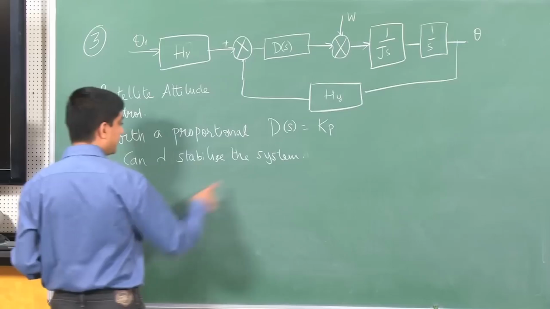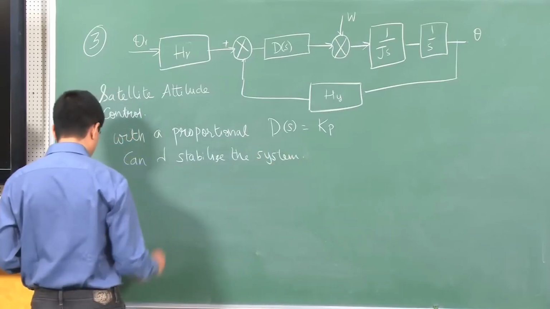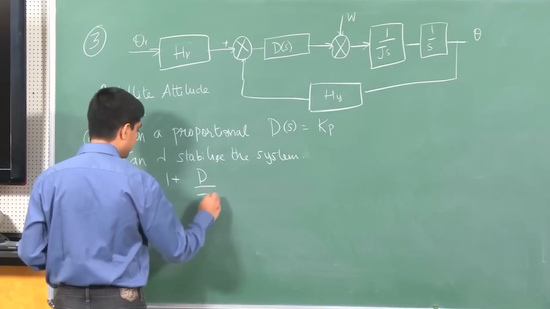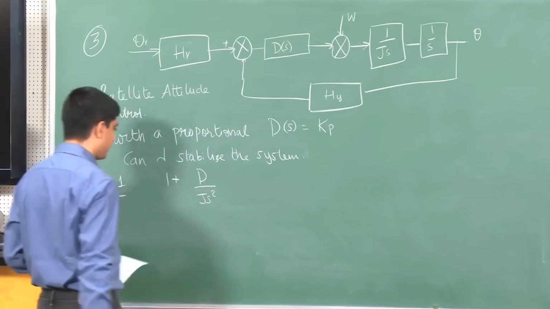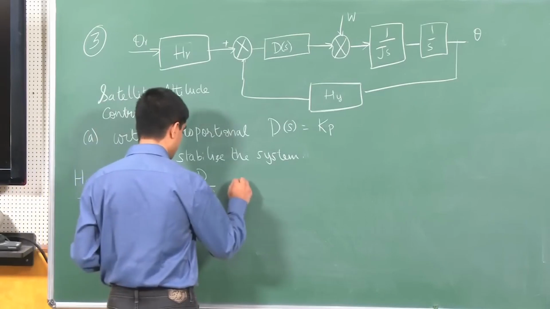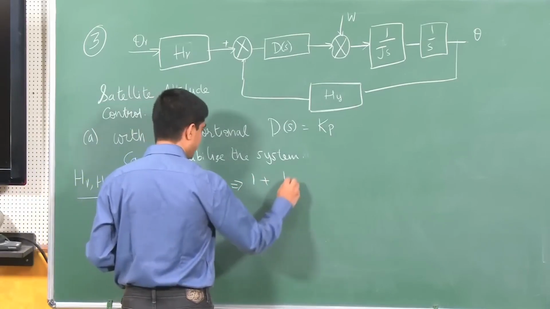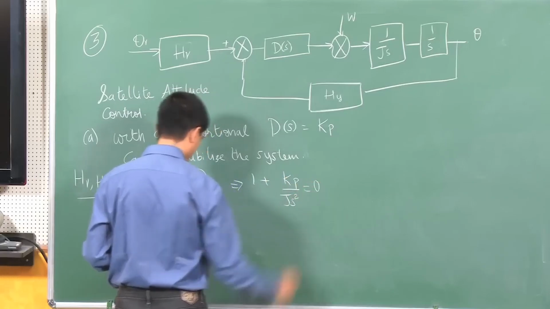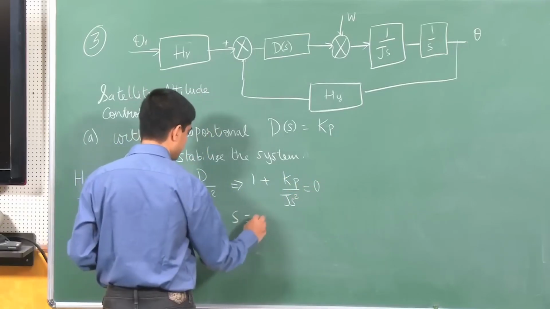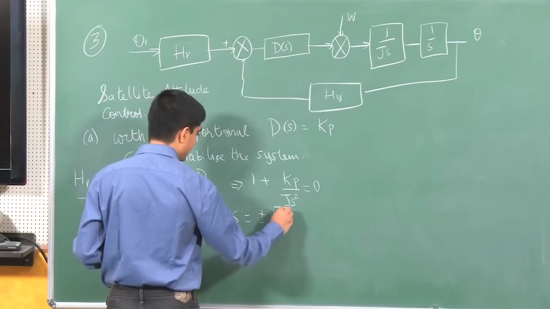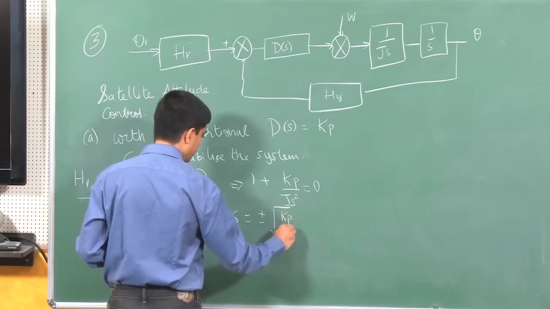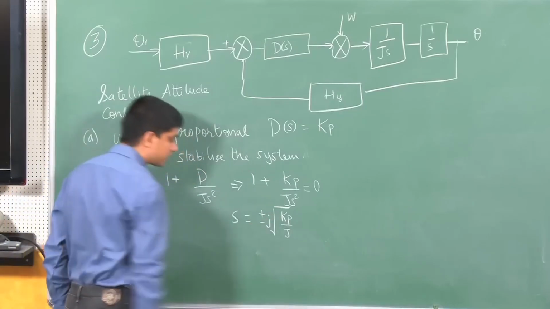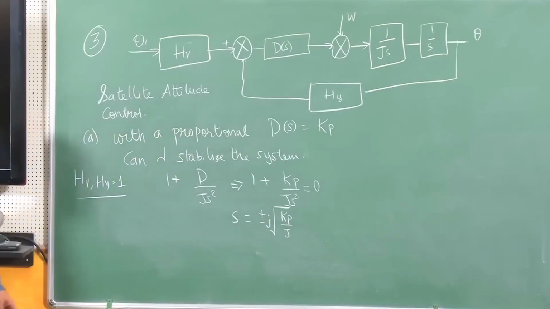Okay, so when Ds is just Kp, then my characteristic equation is 1 plus Kp over Js square equals 0, or s is plus minus square root of Kp over J,